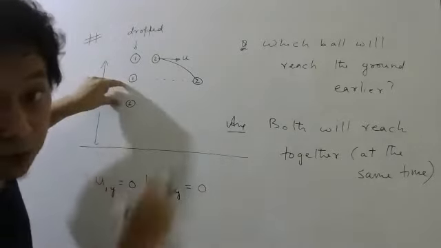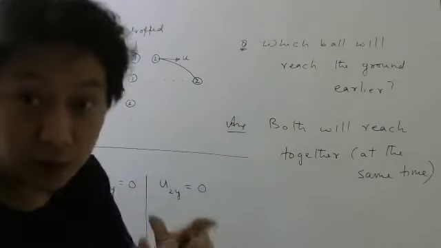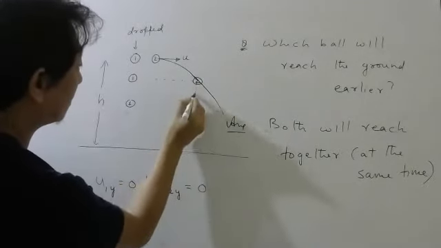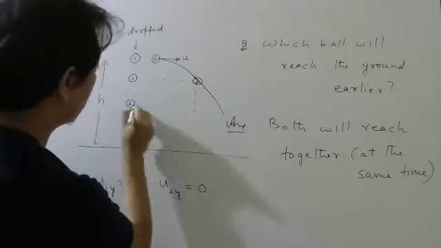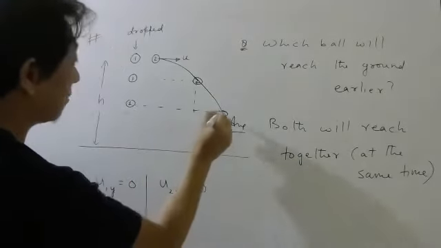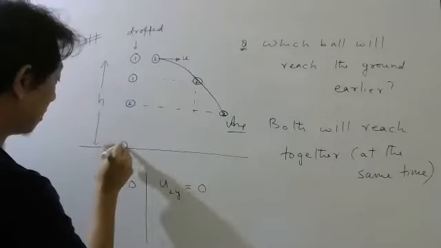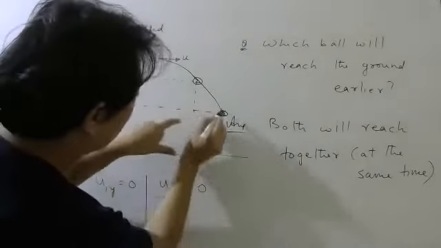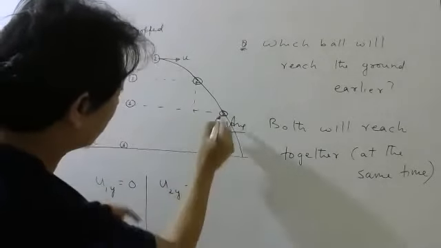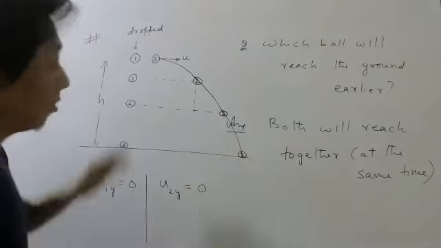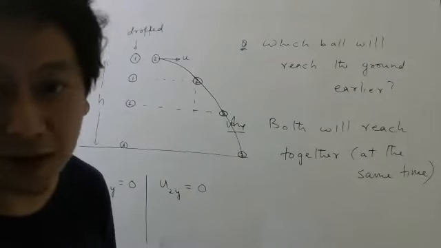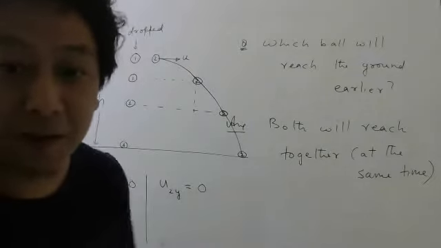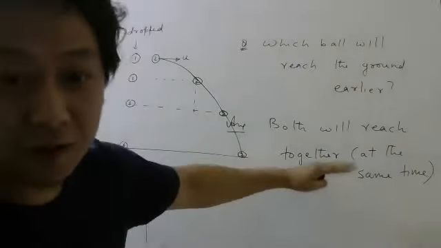Covering this much vertical distance, ball number 2 also has to cover the same vertical distance. So ball number 2 will go like this. It will be here. Then finally, when this reaches the ground, covering this much vertical distance, ball number 2 also has to cover this much vertical distance. All of you understood the diagram? What I am trying to explain? Okay. So please understand, both the balls will reach the ground at the same time.